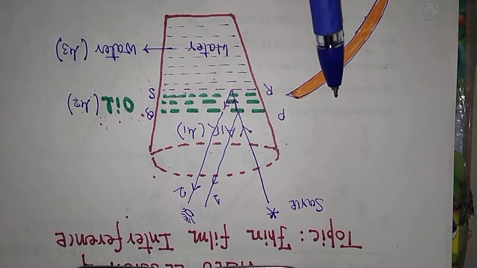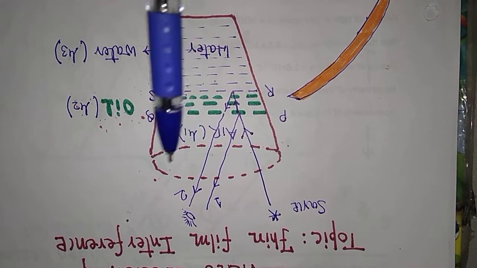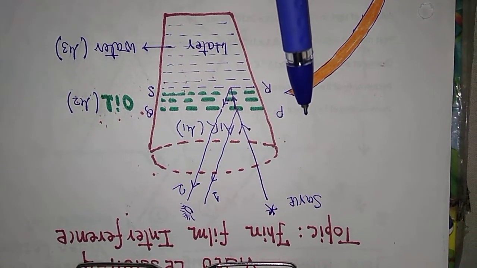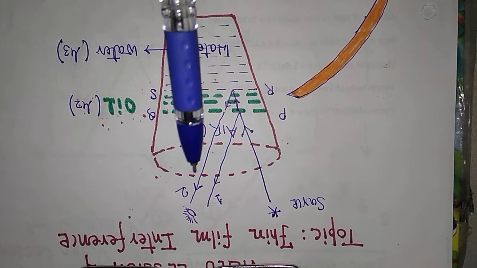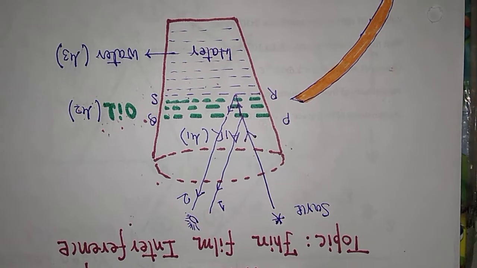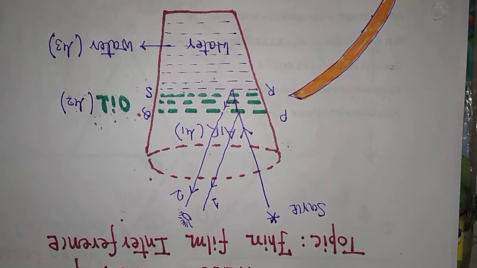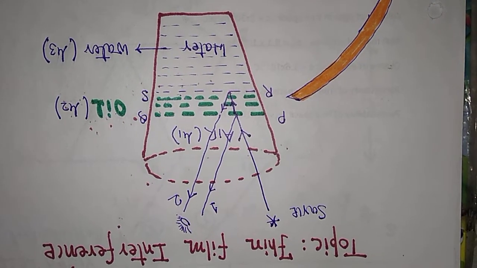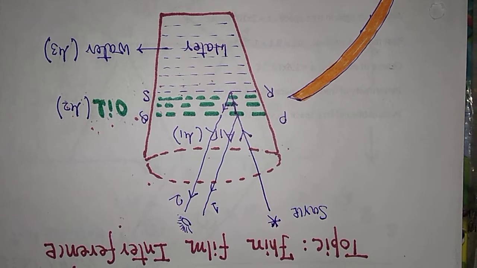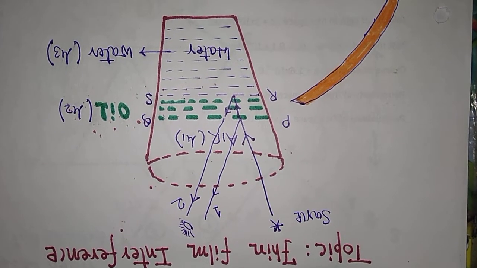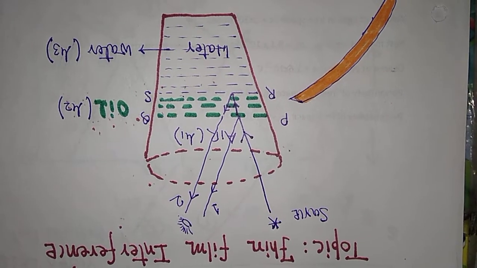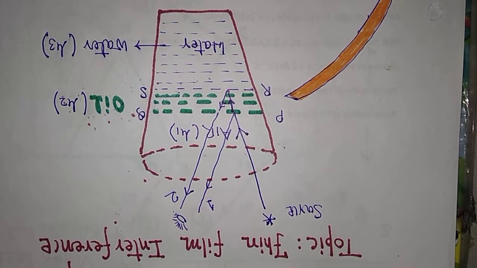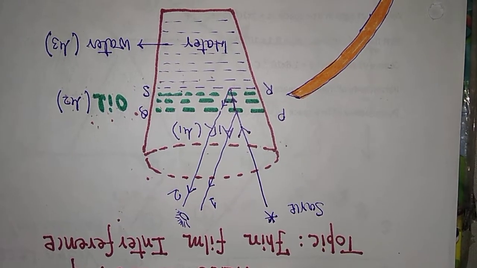In air, ray 1 and ray 2 are trying to reach the observer viewing these rays. Interference is possible because ray 1 and ray 2 fulfill all the conditions of interference. They have nearly the same frequency and the same amplitude, and they are emerging in the same medium, and therefore maximum and minimum intensity bands may be obtained.